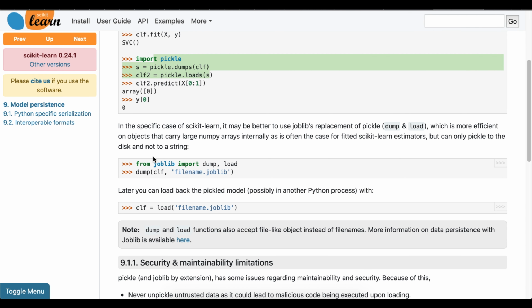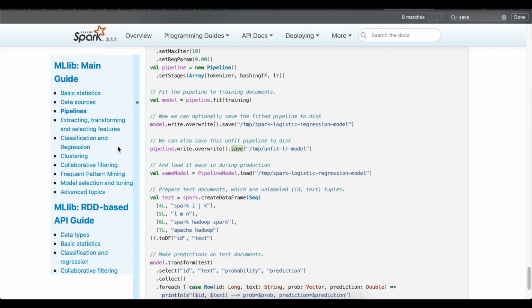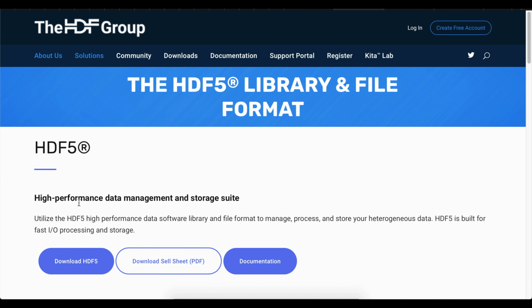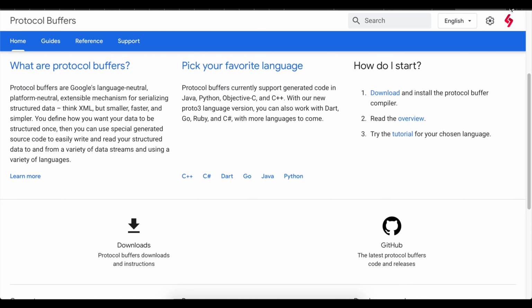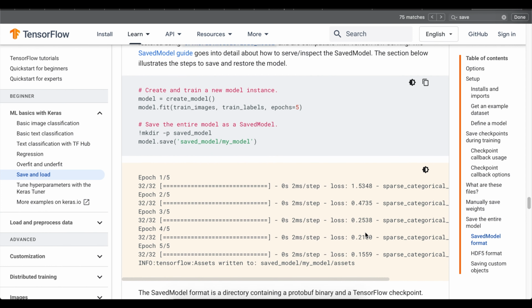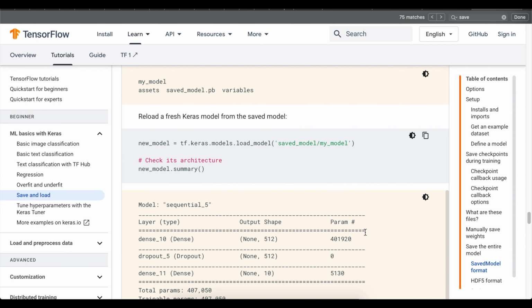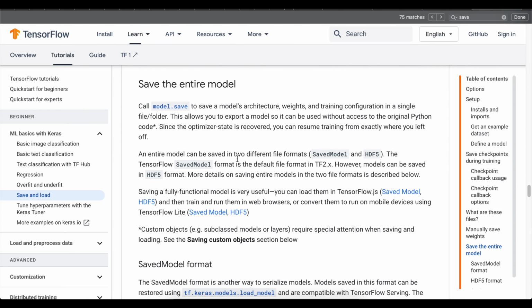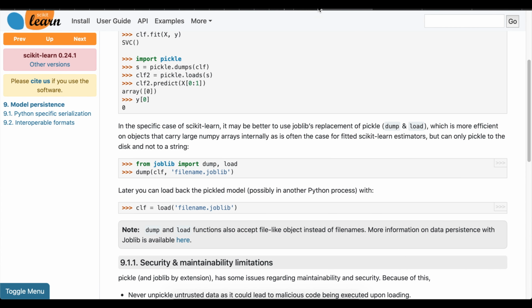So either we can go for pickle or joblib, and the only difference is that here it is dumps and loads as the functions, while here it is dump and load, singular. There is also Spark-related saving of files, like how to save Spark ML models, and HDF5. This is another file format to save any other formats. For example, with TensorFlow there is HDF5, and in HDF5 we can generally store the file, or in PB format. There are different formats you can store, generally PB or HDF5.